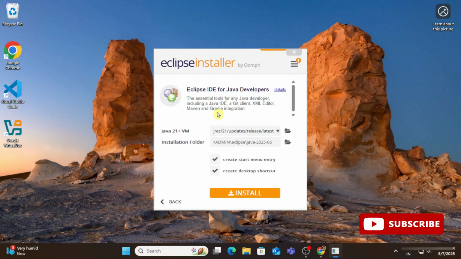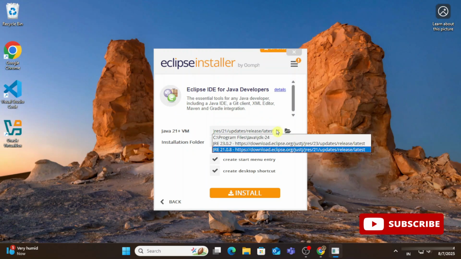So guys, it has taken me to this page, and here it's showing me Java JDK, hence I told you to install JDK first. If you are not installing JDK at the beginning, you can select sites from here also. This also takes time for installing, hence I prefer installation of JDK first, not from here. So now guys, it has already detected my JDK, and here we have the installation folder.